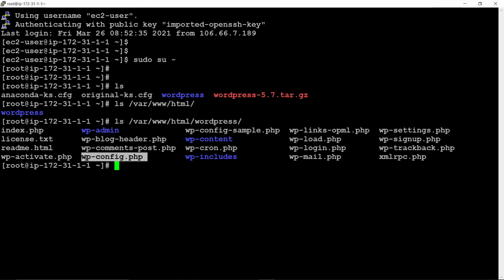So we can remove this file also to see. I'm moving this to here to see.